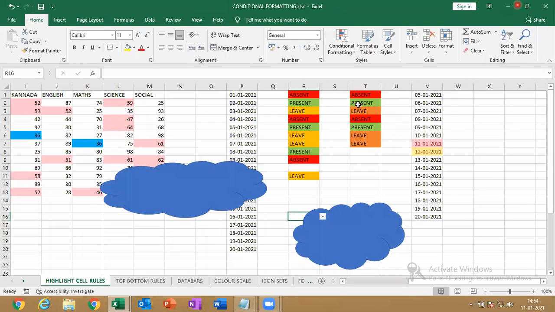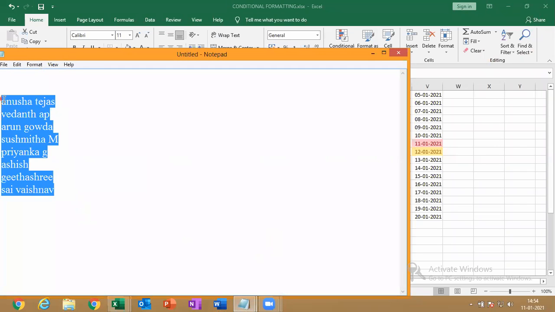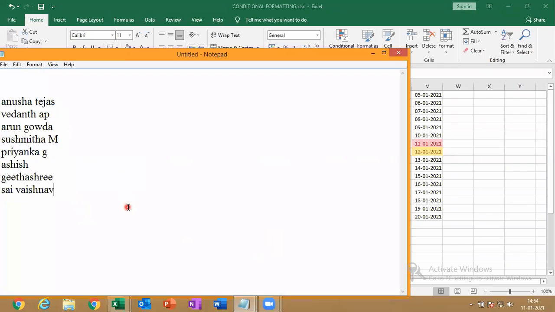Most of the students have not submitted the conditional formatting assignment. I think the weekend was there, so you would have worked on that, but there are no responses except from these few people. Okay, I will consider your names for internal marks. Basically, you are going to take exams for 50 marks, and internal marks will be 40 marks. Let's see on that.